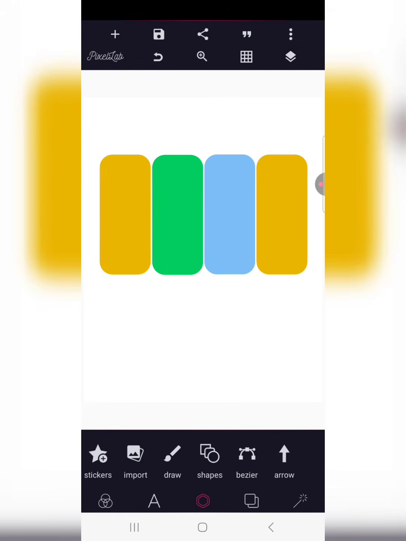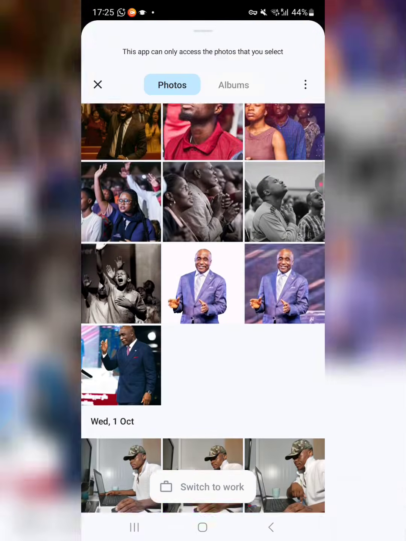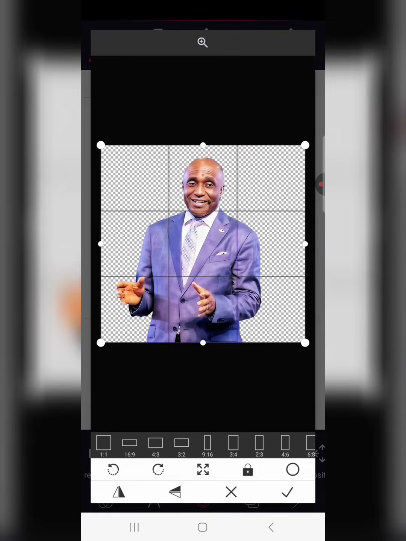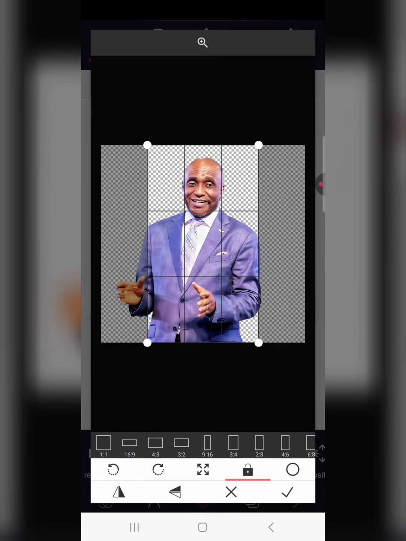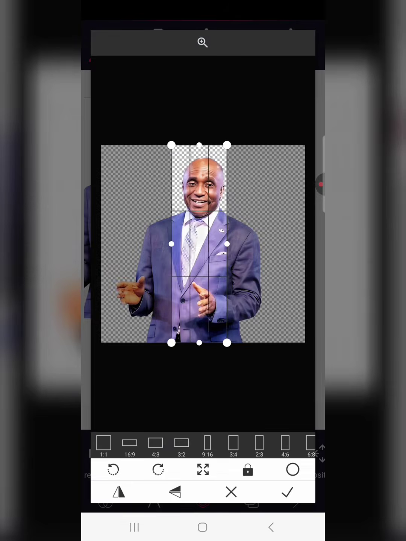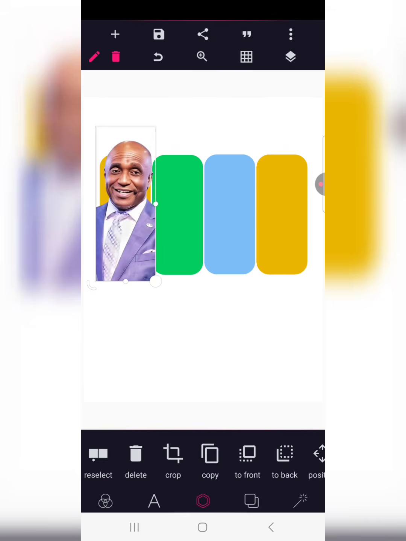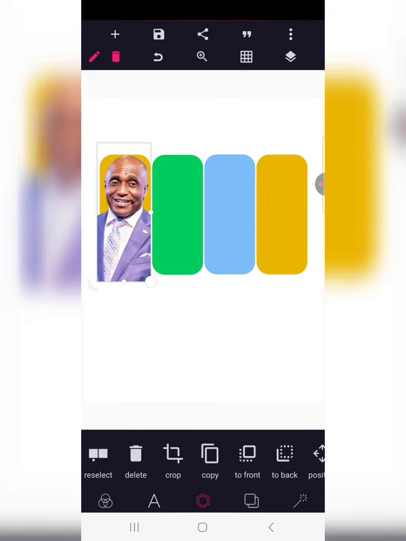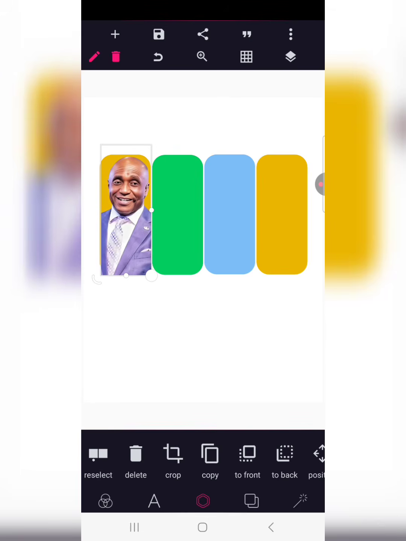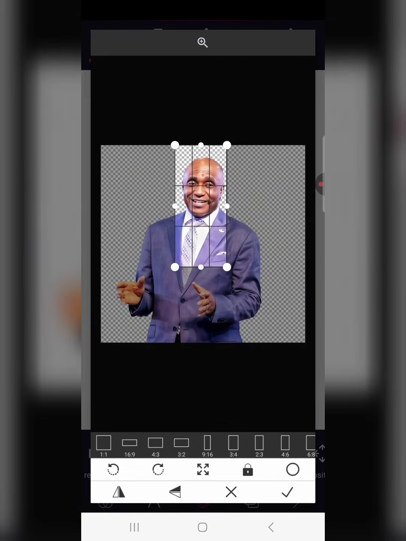Okay, so I'm going to bring in the images. Let's start with the image of this particular image here. So I'm going to clip it. Let's just crop it this way, make it long. Let's just make it longer, something like this. Let's see if this one can work or not. Okay, so